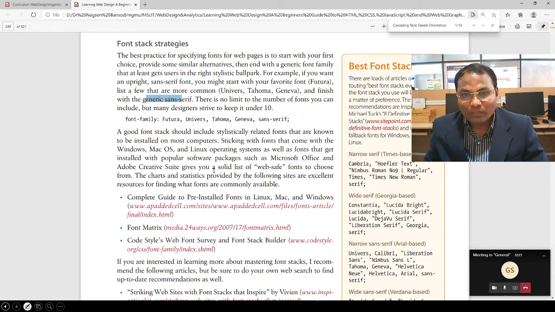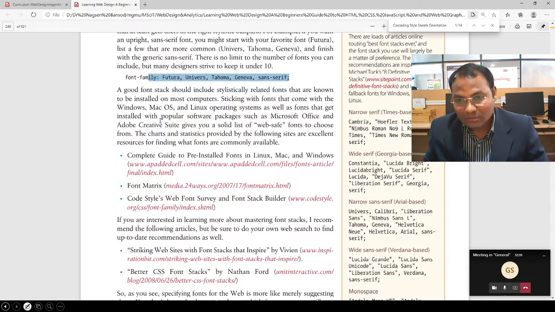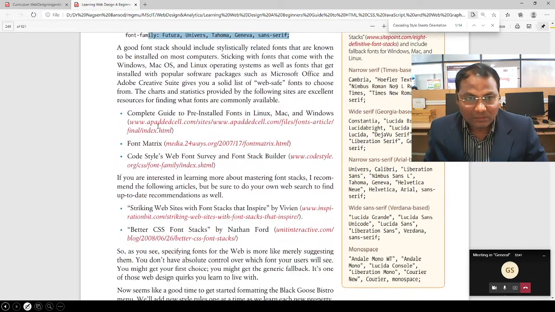There is no limit to the number of fonts you can include, but many designers strive to keep it under 10.